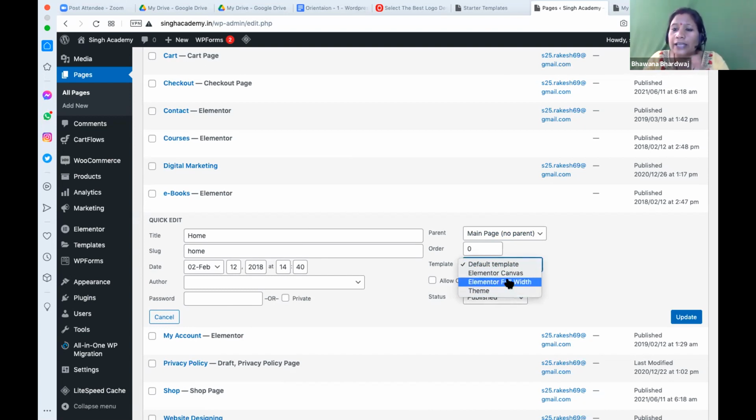Elementor full width का क्या होगा कि इसमें कोई साइड बार नहीं होगा, लेफ्ट साइड बार भी नहीं है, राइट साइड बार भी नहीं है. राइट. सो अबाउट अस के लिए एक डिफरेंट डिजाइन हो जाए और होम पेज के लिए एक डिफरेंट डिजाइन हो जाए. तो जो अभी आप पेज सेलेक्ट कर रहे हैं उसमें कौन सा टेम्पलेट, कौन सा डिजाइन आप रखना चाहते हैं, यू कैन सेलेक्ट फ्रॉम द डिजाइन.